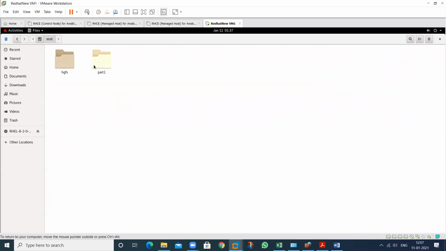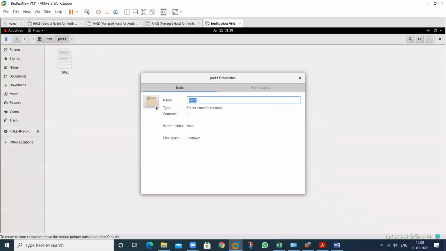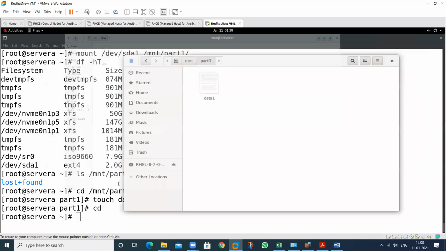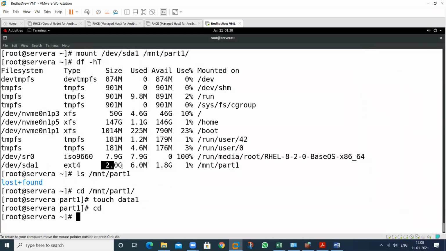Check the size of this particular folder. How much size does it have at this time? 1.9 G. So this particular size is allocated for this particular location.